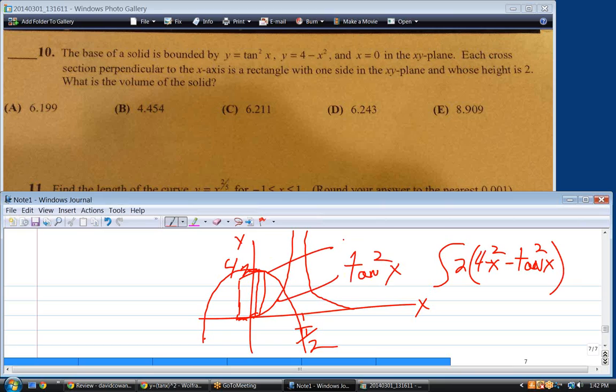This top function is 4 minus x squared. So the base of the rectangle, or the width, is this function minus that function. In other words, as we move from 0 to the right, we're going to evaluate it